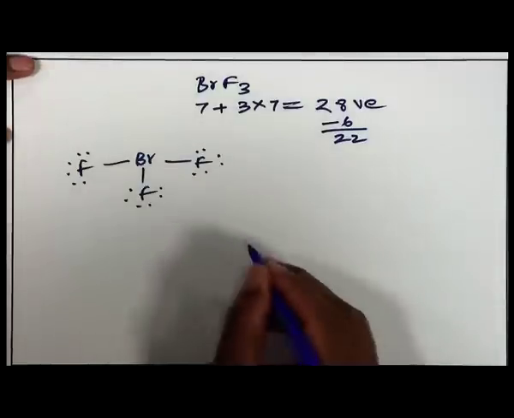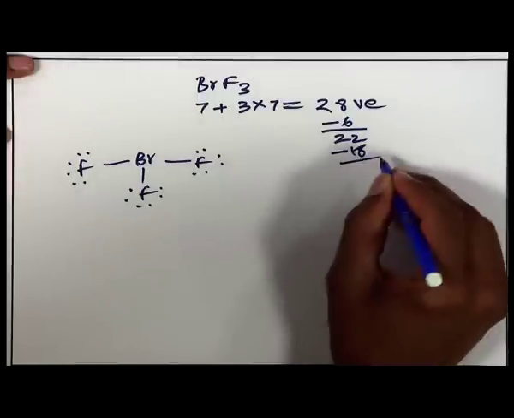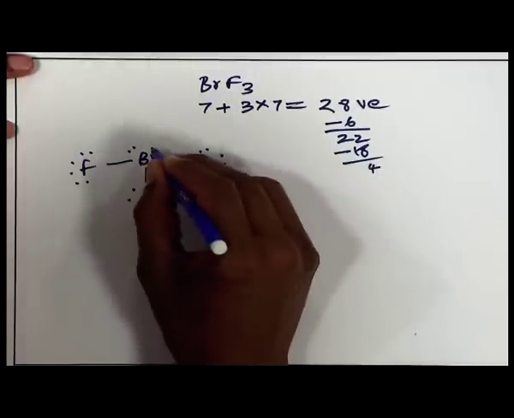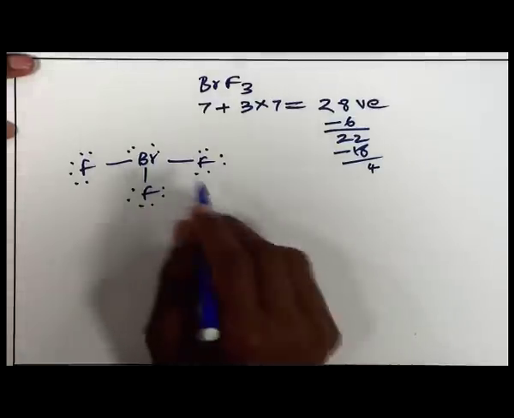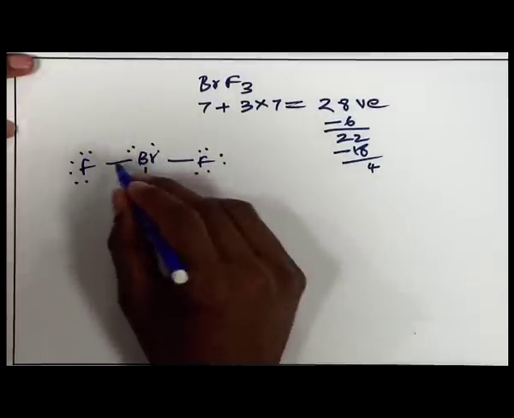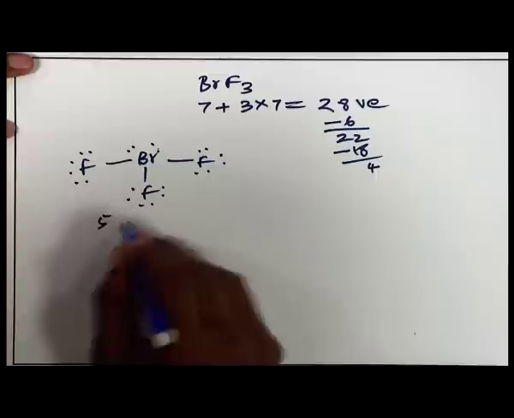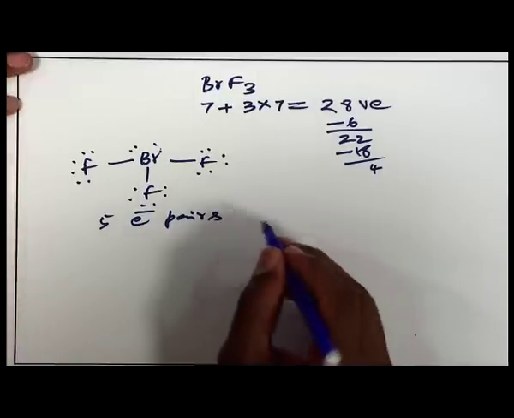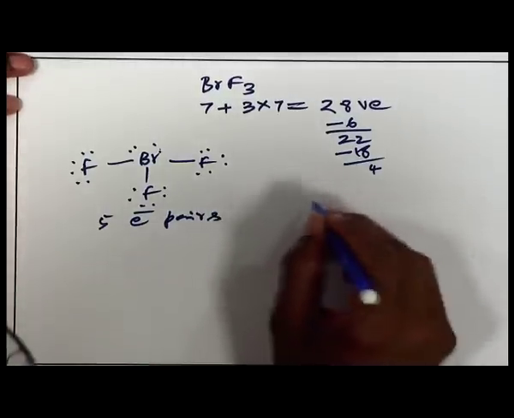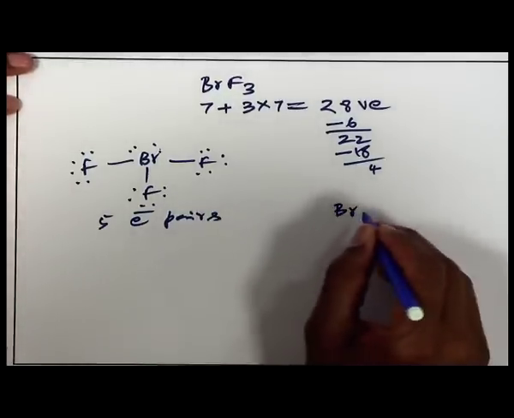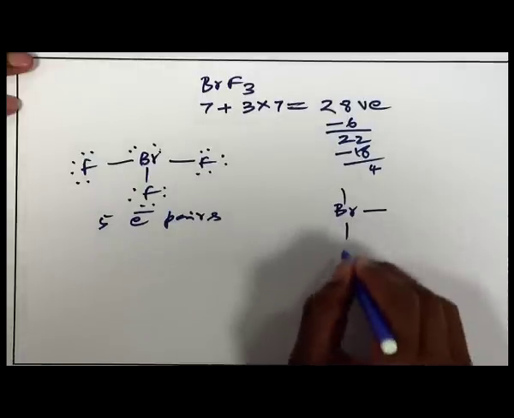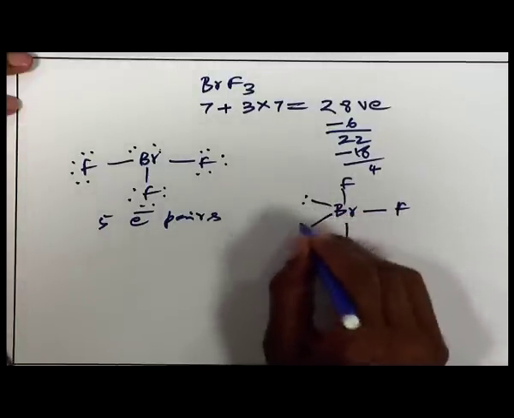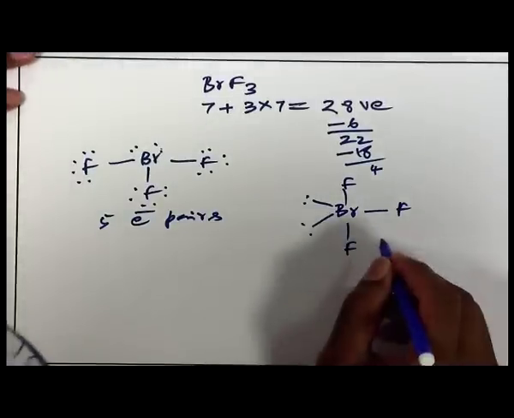Okay, and then there are 18 electrons gone. So, you have 4 electrons, and those 4 electrons should be given as pairs on the central atom. So, if you look at the number of pairs of electrons, 1, 2, 3, 4, 5, there are 5 electron pairs. So, if there are 5 electron pairs, then the shape is trigonal bipyramidal. So, you have bromine, and then you have fluorines here and here. The electron geometry is trigonal bipyramidal. The shape of the molecule is a bent